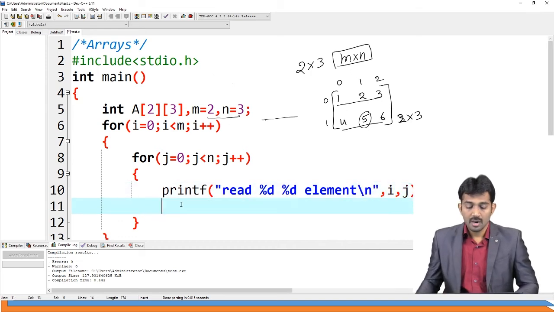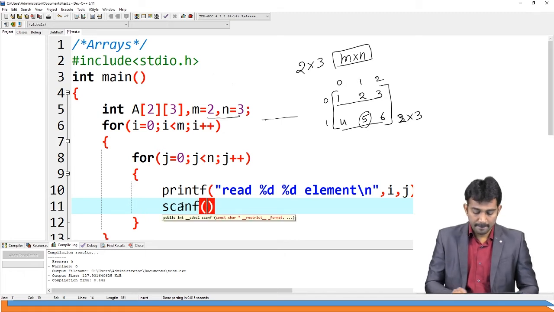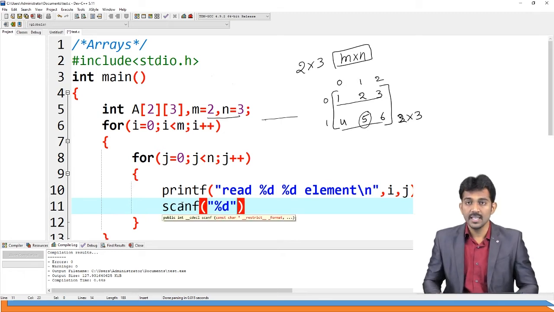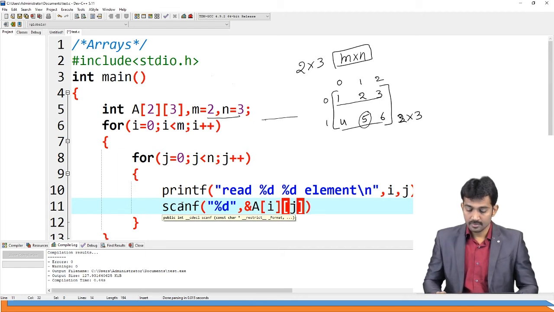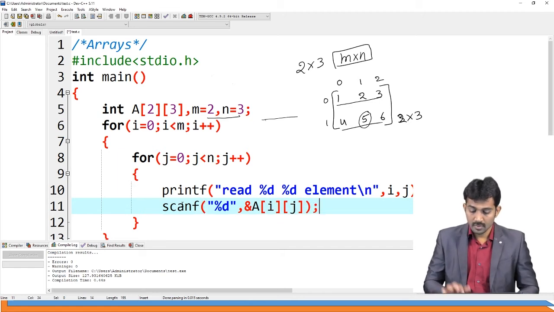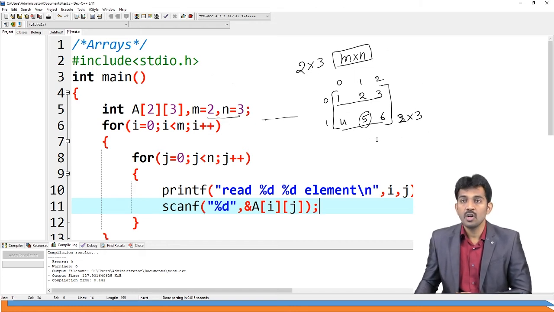And scanf of %d comma ampersand of a of i and j. That's all, please note this. Now I am going to read this array 1, 2, 3, 4, 5, 6. This is the data I am going to read.